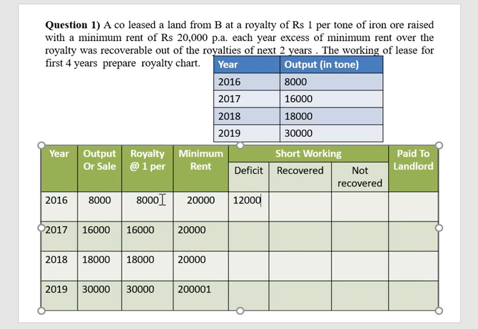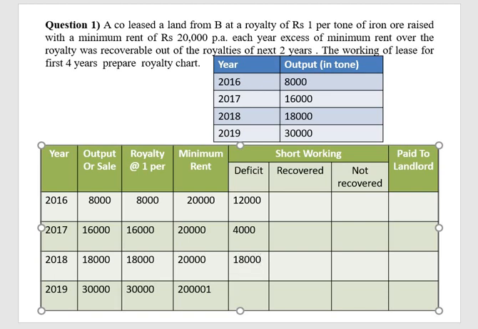How does it come to a 12,000 loss? Because the actual royalty income is 8,000, but as per the agreement, minimum rent is a fixed amount. Whether it is profit or loss, at any cost, I have to give minimum 20,000 to the lessor. The lessee has given minimum rent of 20,000 to the lessor, but in this year it is 8,000, so automatically it is a loss. Yes. Next, the 16,000 income, but minimum rent is 20,000. Again it is a loss of rupees 4,000. Is it clear? Yes. Next. After that, next year minimum rent is 20,000. But actually I earned income of what?